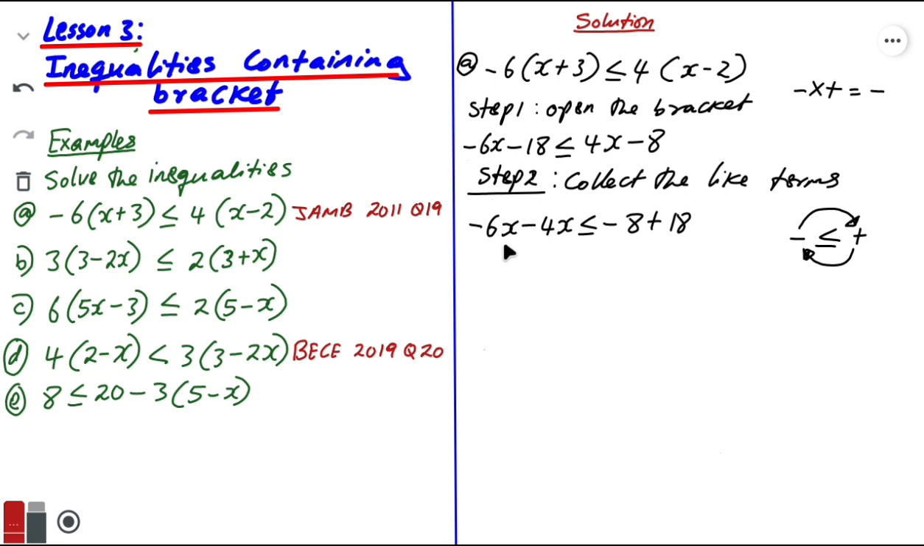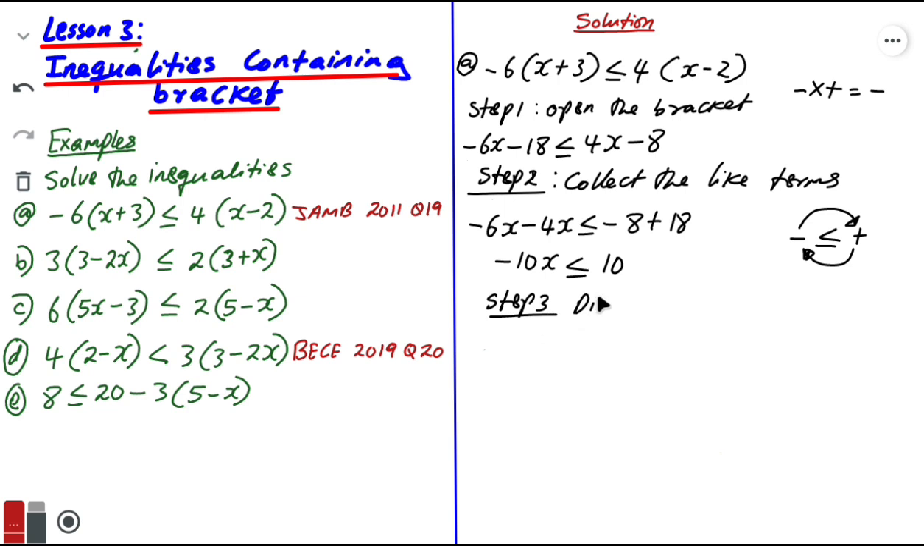Now minus 6x minus 4x. This is going to be minus 10x less than or equals to minus 8 plus 18, which is going to give us 10. Minus 8 plus 18 is going to be what? 10. So the next thing we need to do, which is step 3,